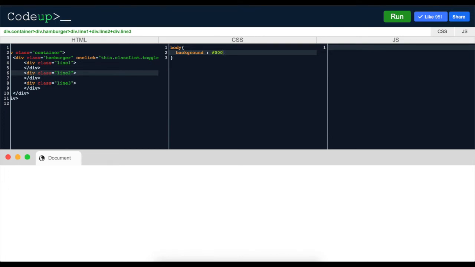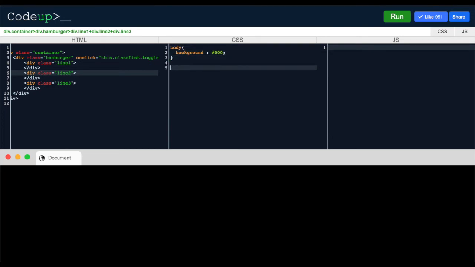Okay, like this, and after that let's have that container. Before that, let's go to the hamburger. For this let's have width, sorry for the spelling mistake again, width 30 pixel, height 30 pixel,